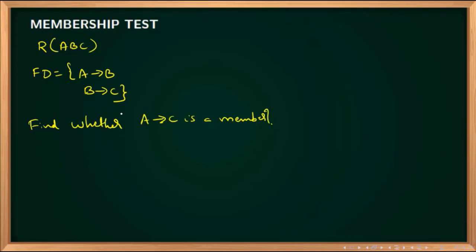Now the question is, they will give a set of functional dependencies and another functional dependency, and they will ask you whether this functional dependency is contained in that set. So we have to check whether it is explicitly or implicitly present in the functional dependency set. That is our idea. Okay. So now I'll give an idea for finding this. For checking whether this A to C is a member of this functional dependency set, what we will do is take A's closure, A closure. Take the left side's closure.